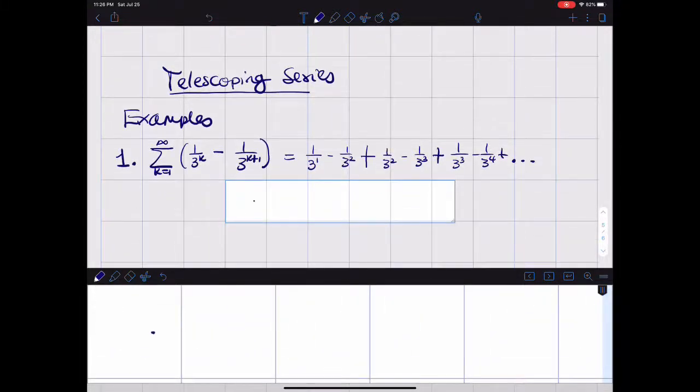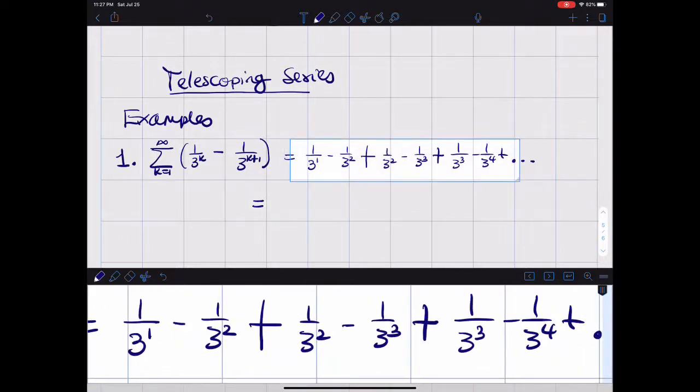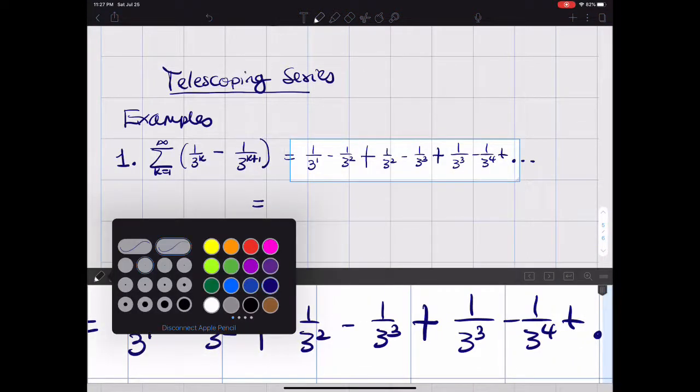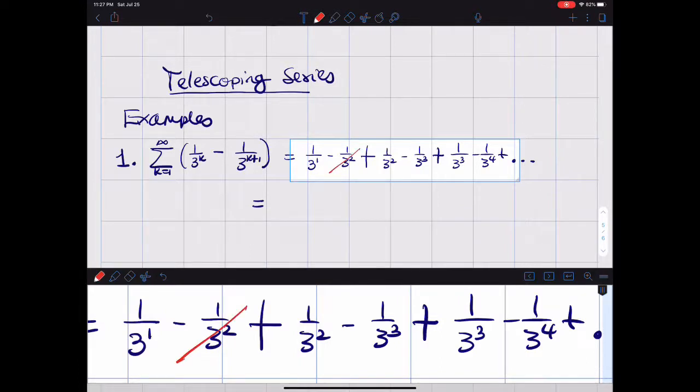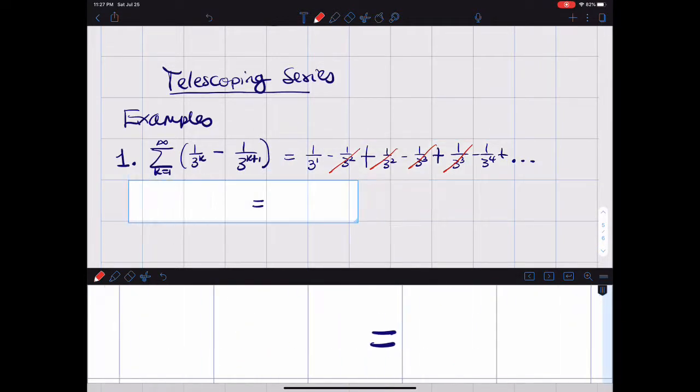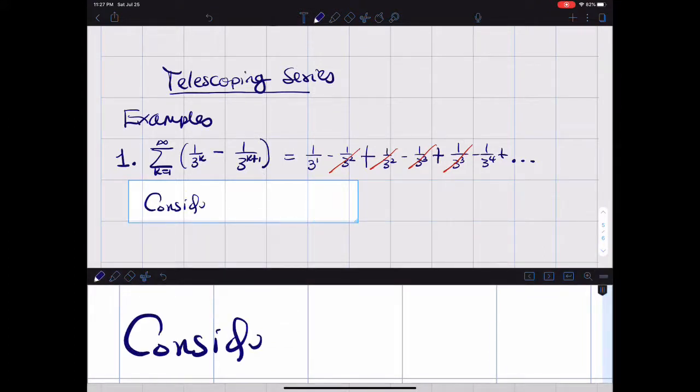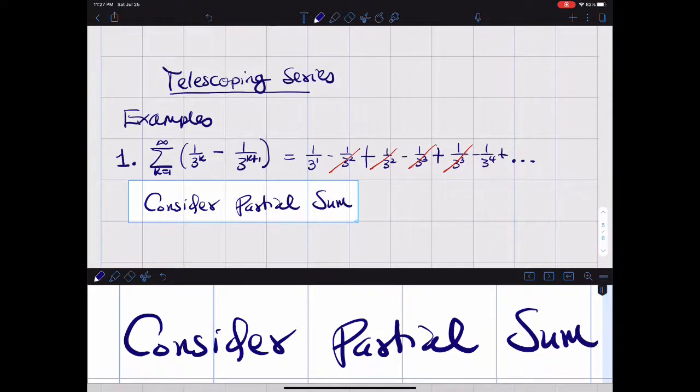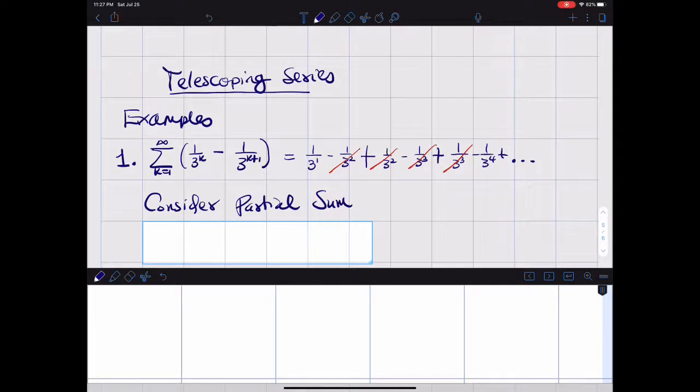So if we do this, we end up with something. Things are going to cancel out. This and this are going to cancel out. This and this are going to cancel out, and so forth. So if we begin by looking at the partial sums, let's consider the partial sums. If you consider a partial sum, Sn